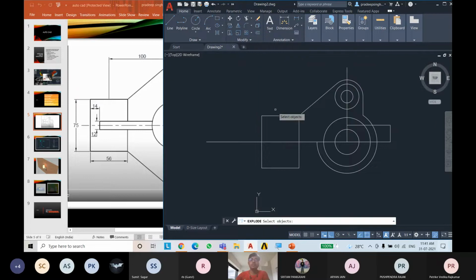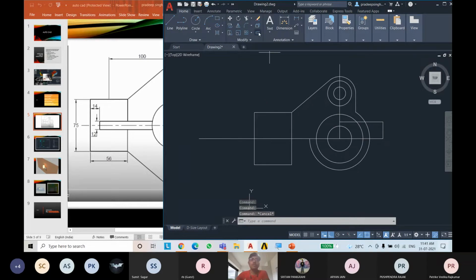Just select all these objects and then press enter. Now you can see that this rectangle is broken into different segments. So now we will do the offset, type offset, distance 14, select this line, rightward 14.